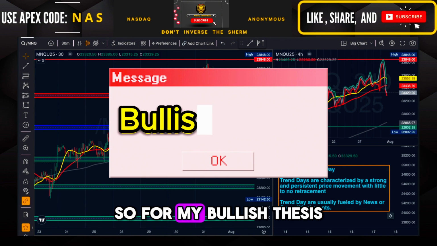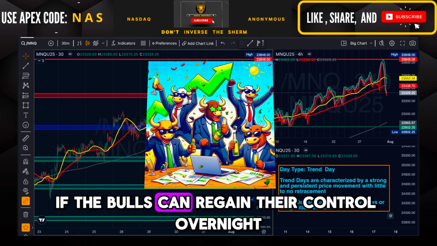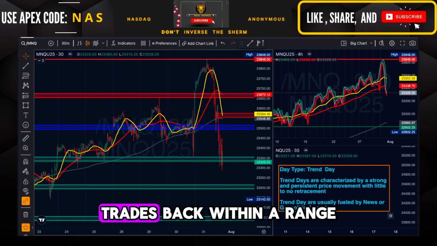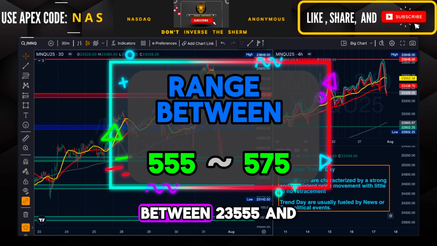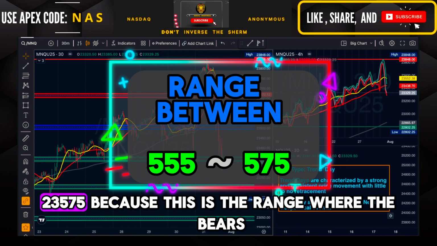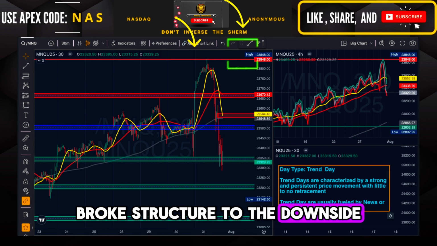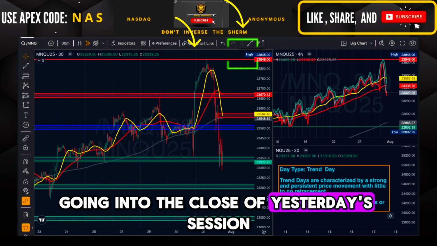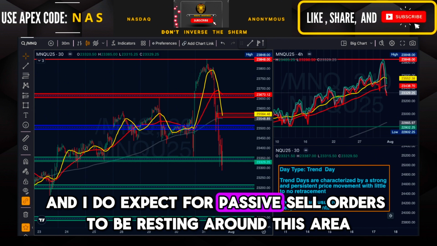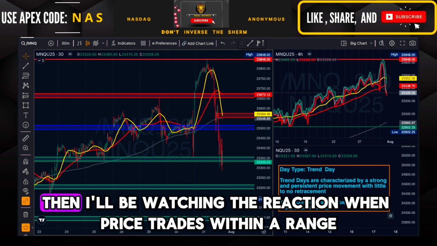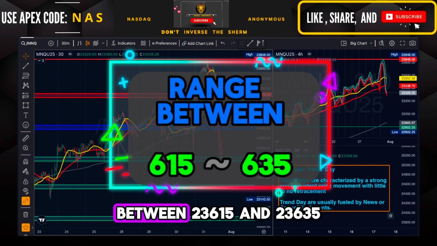So, for my bullish thesis, if the bulls can regain their control overnight, then I'll be watching the reaction when price trades back within a range between 555 and 575. Because this is the range where the bears broke structure to the downside going into the close of yesterday's session. And I do expect for passive sell orders to be resting around this area to sell the retest. But if they fail to regain control, then I'll be watching the reaction when price trades within a range between